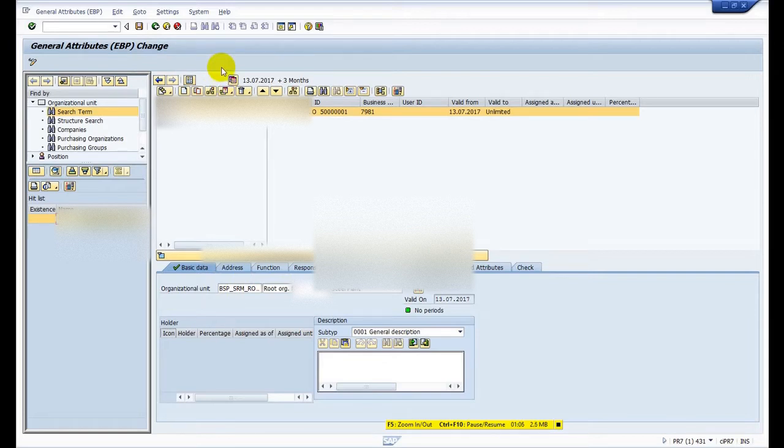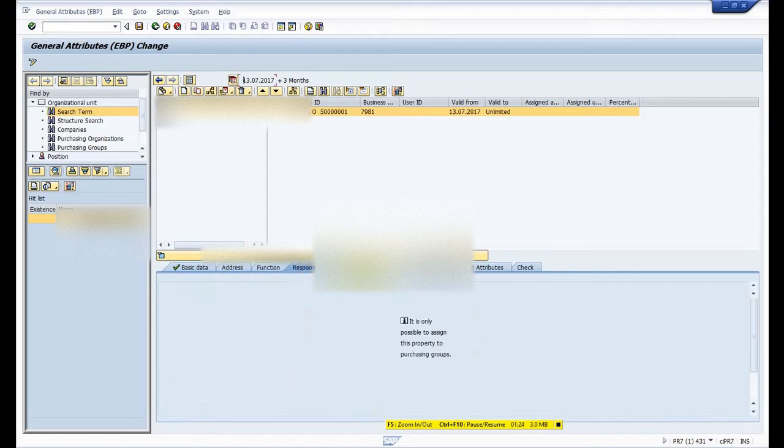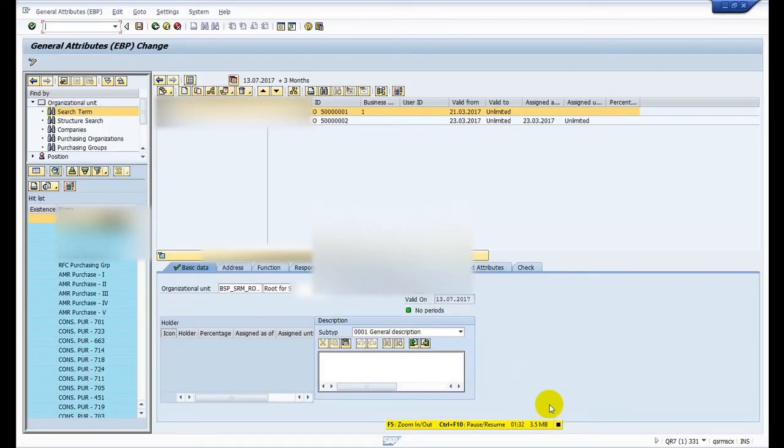So let me start. I have created a root org. For that root org, you can give the name, go to address, and specify the address, contact person, phone number, postal code, etc. And then we have attributes and attribute interfaces, and also extended attributes. All these things we need to